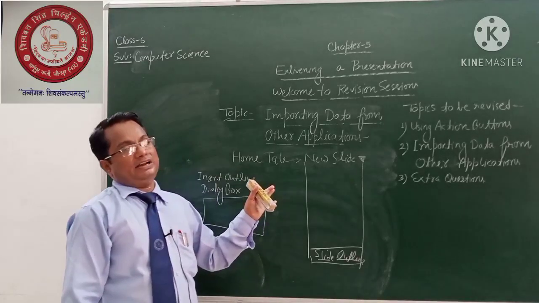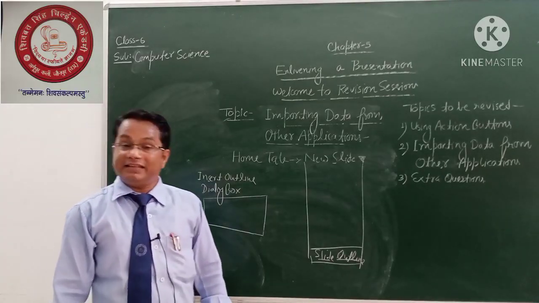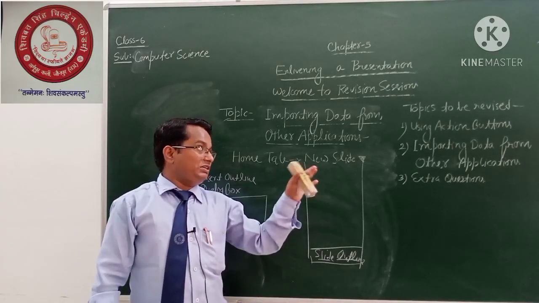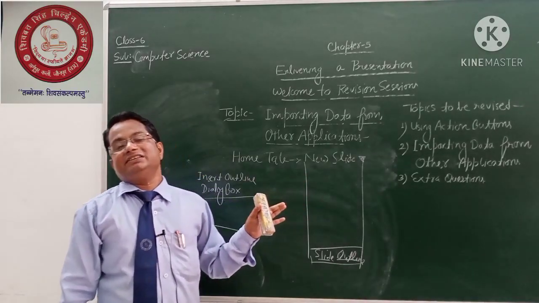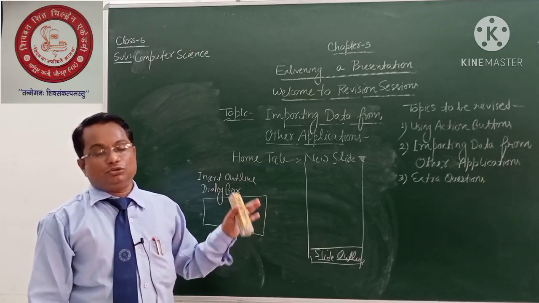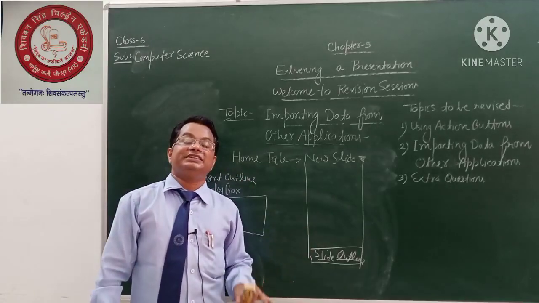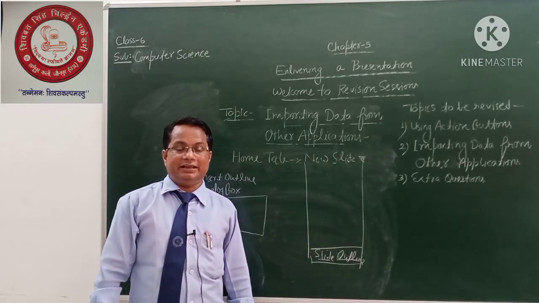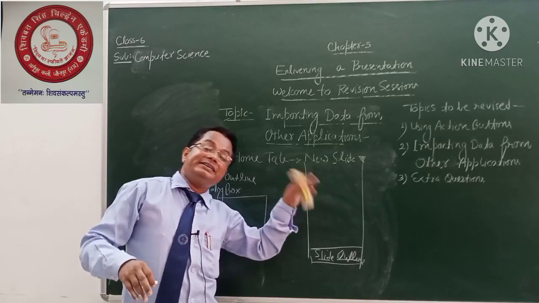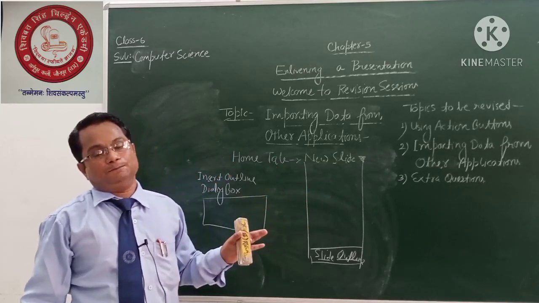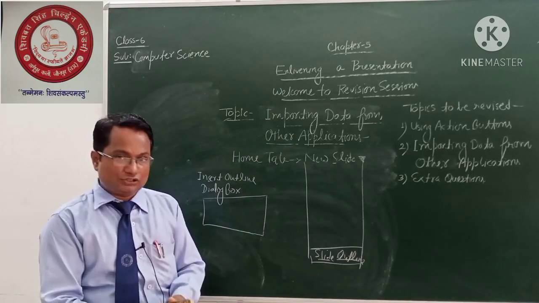Once it is done, the MS Word file is embedded into the PowerPoint slides, and whatever points you have written, I think you remember I wrote 3 points in outline view, immediately 3 slides will be automatically added in PowerPoint. 3 slides, and they are already titled with the names written in Microsoft Word, right? So students, this is all about this topic.